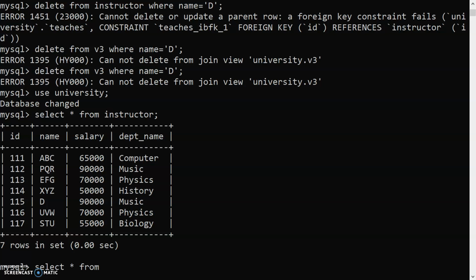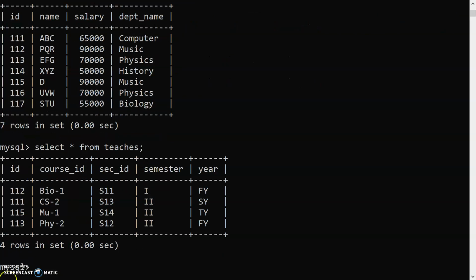My query is: list the names of instructors who teach some courses. So we have to display the names of the instructors who are teaching some courses. To execute this query, we require two tables, instructor and teaches. With the help of these two tables, we will create a view.